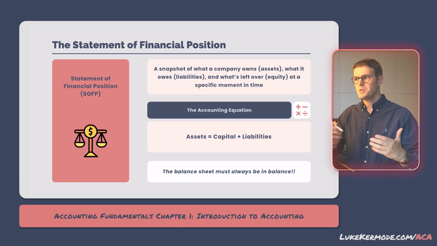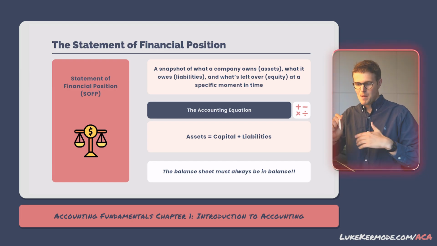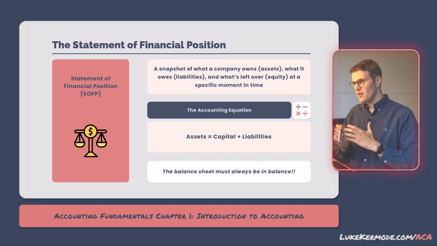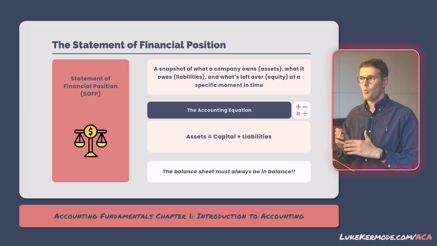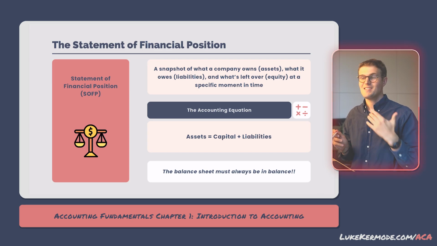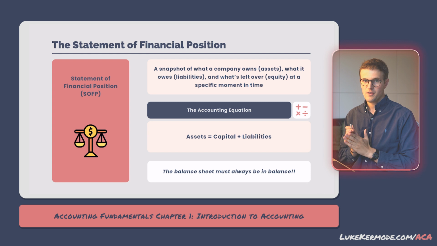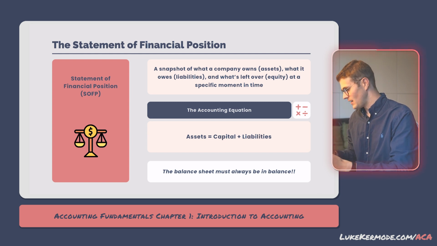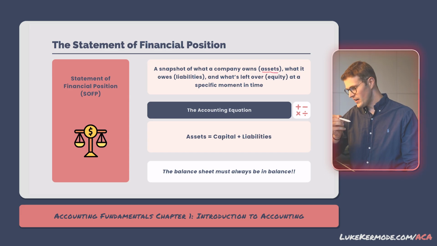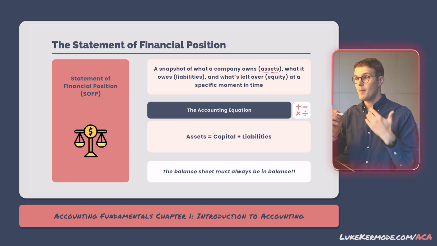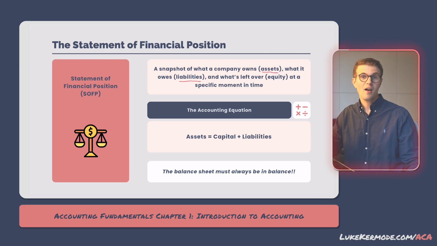The statement of financial position, often called the balance sheet, is one of the most important financial statements. It provides a snapshot of the company's financial position at a particular point in time, showing what the business owns, what it owes, and the owner's stake in the business. On one side of the balance sheet, we have the business's assets, which includes things like cash, inventory, property and equipment. On the other side, we have its liabilities, which is its loans, amounts owed to suppliers and any other